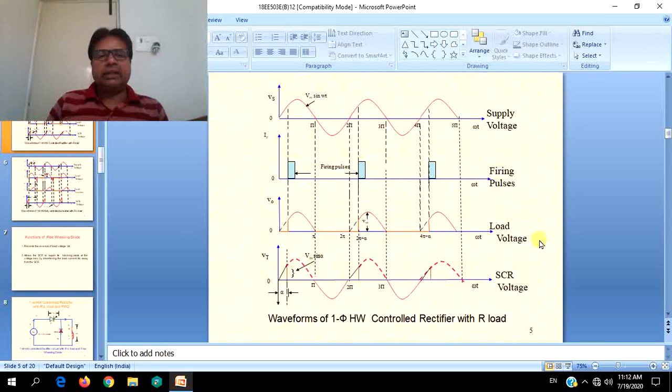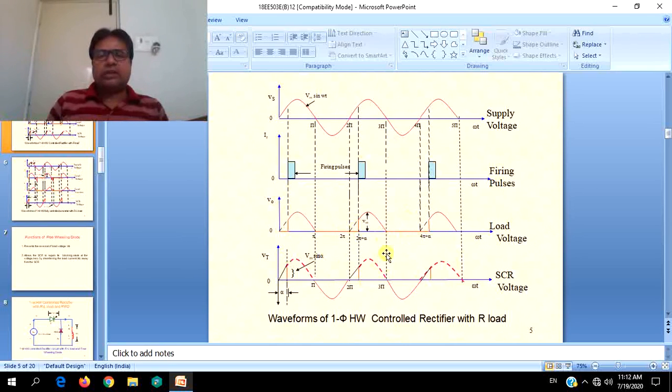So by increasing the number of SCRs to have a bridge and controlling them properly with switching turn on and turn off times in the same half cycle a number of times, that can be improved. That is out of scope of this syllabus, but it is very interesting to know. So this is what happens with the resistive load, and the same can be applied to the RL load with little differences.